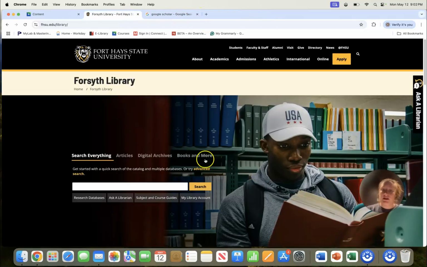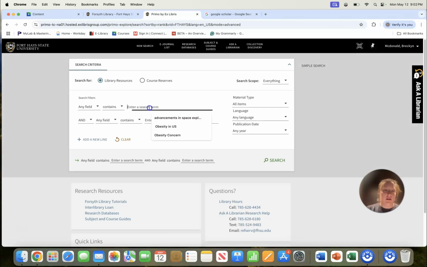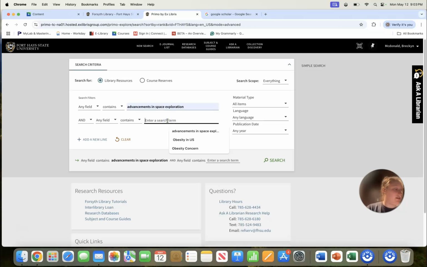My fourth one was I used advanced search again. This time I added, let me go back to my notes. This time I did the advancements in space exploration. I also did environmental, if I can spell correctly.